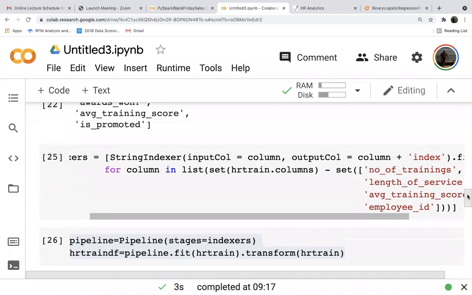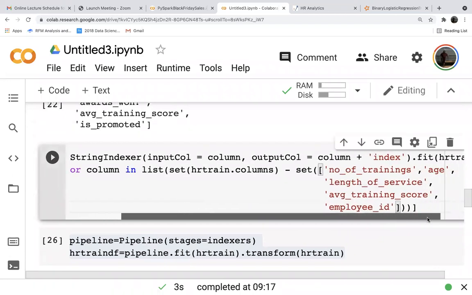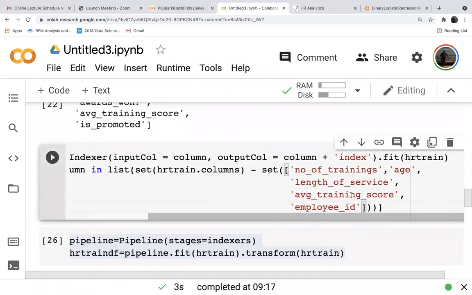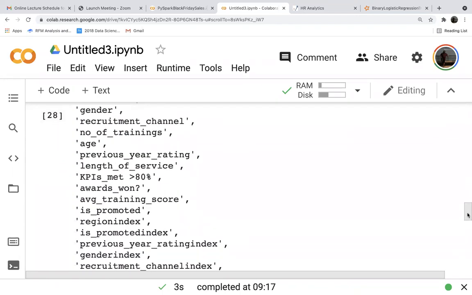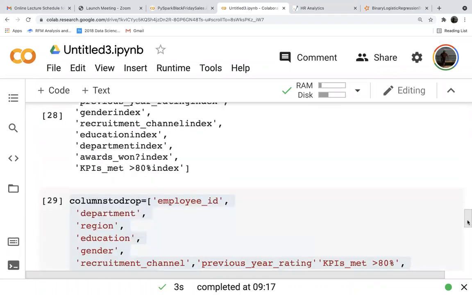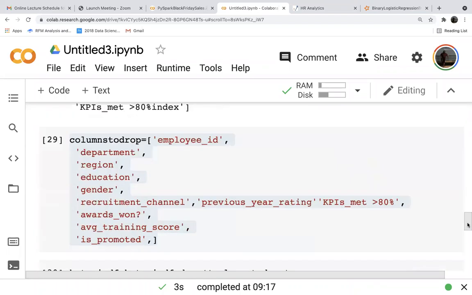You have only these five columns. Then you did not drop is_promoted_index. Check your columns to drop once.